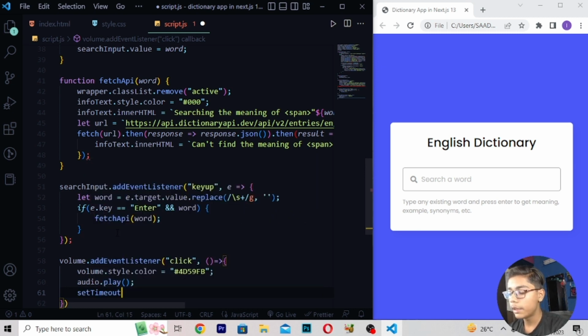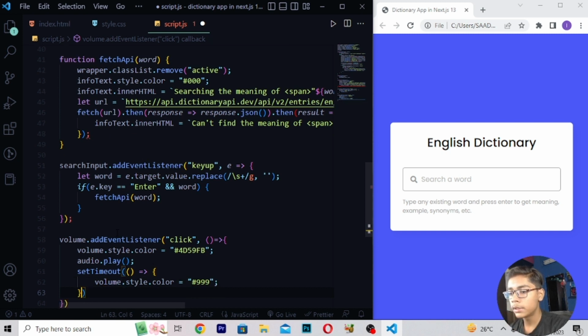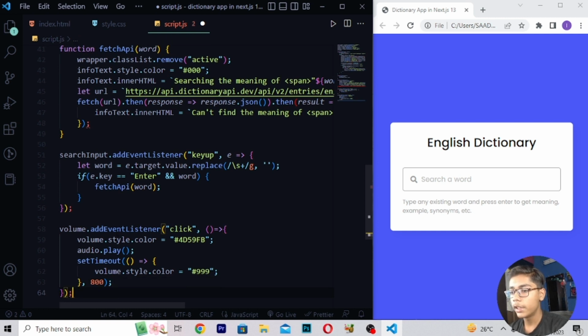Then I'll write a function, and move down: volume.style.color equals 0, or you can say 999. Then I'll give a comma 800, and close this tag as well.